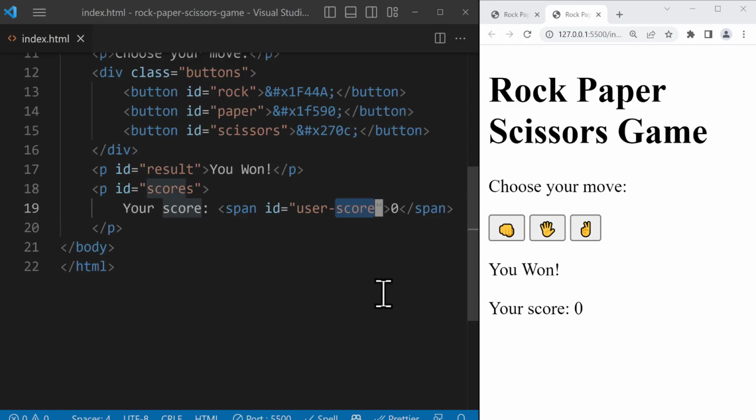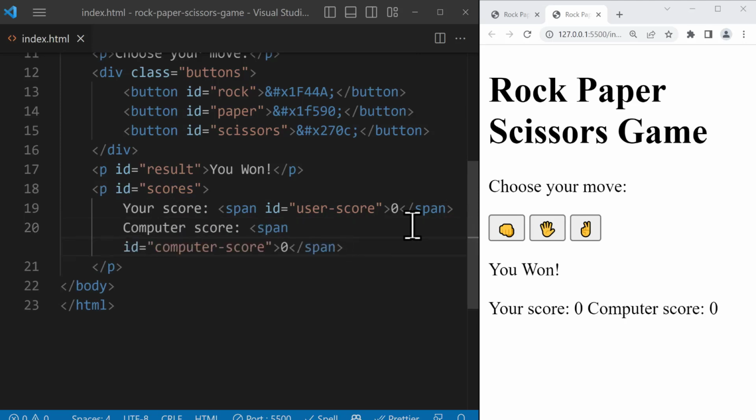For example, we could call this player score or user score. Next, we will add the computer score by creating a span element with the ID of computer score. We will use these IDs later in our JavaScript to update the scores. For this stage, we are using these hard-coded values because we will focus on styling our elements with CSS in the next section. As you can see, we have now built the complete structure with our title, the Choose Your